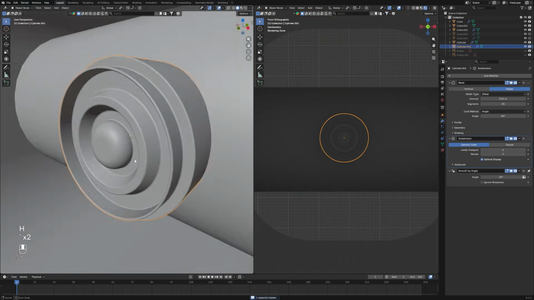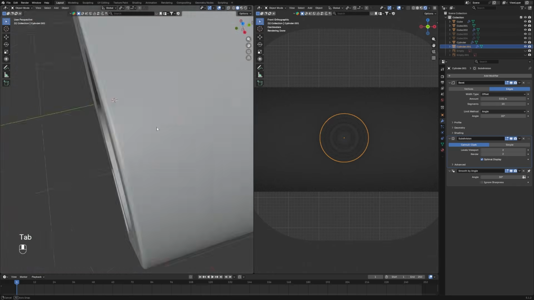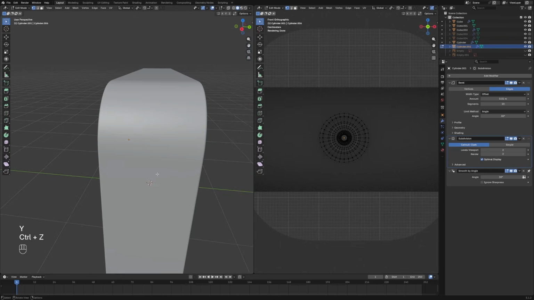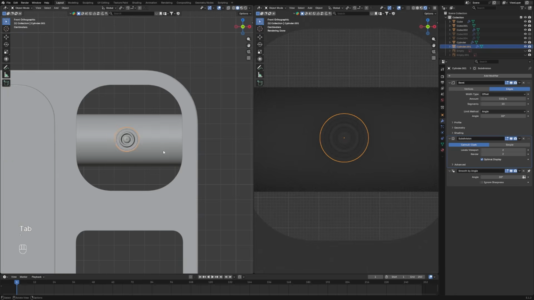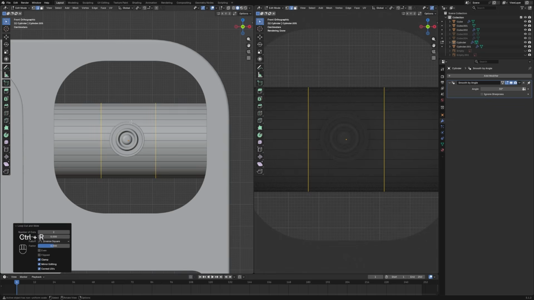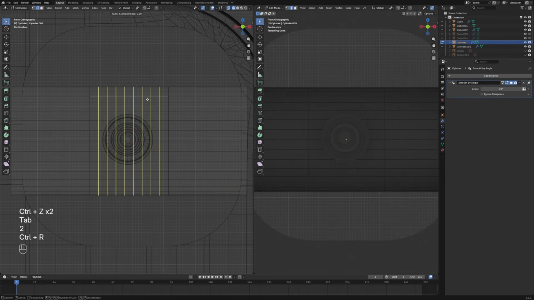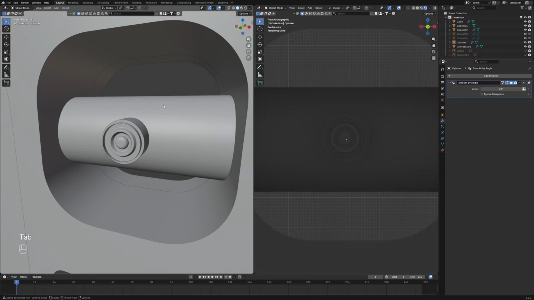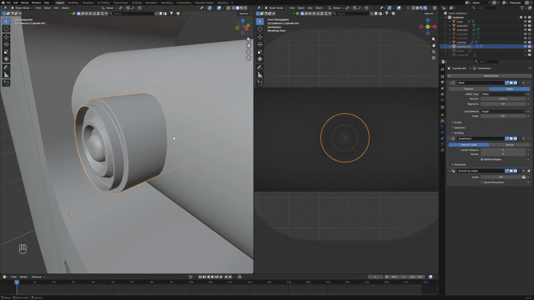Let's just hide the picture first. Let's just grab it to the back side. And then add a loop cut in the middle here, something like that. And after we are choosing that, just click this. Alright, so now